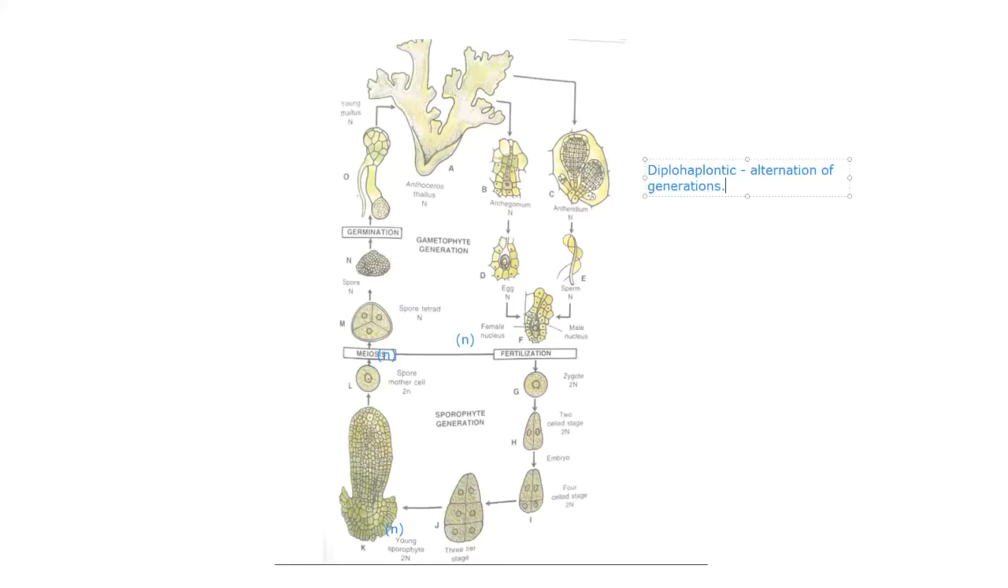A question is possible here. What is meant by alternation of generation? Describe the diplohaplontic alternation of generation in Anthoceros. Okay, so that completes